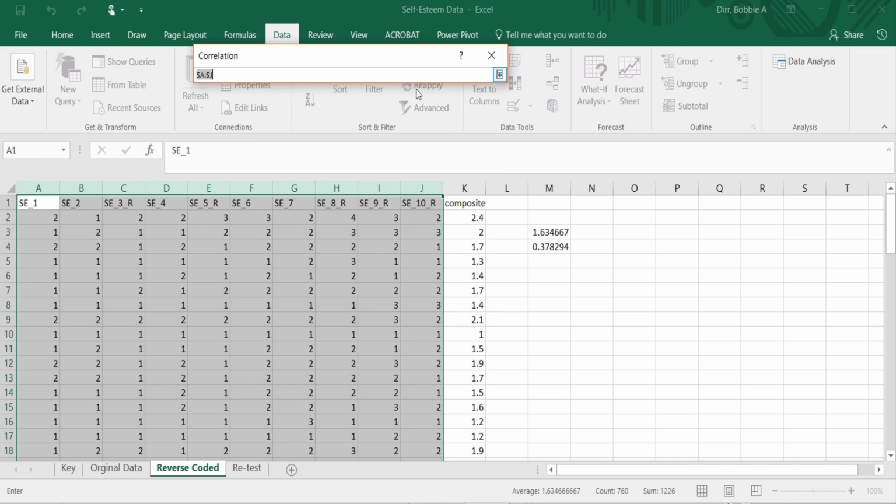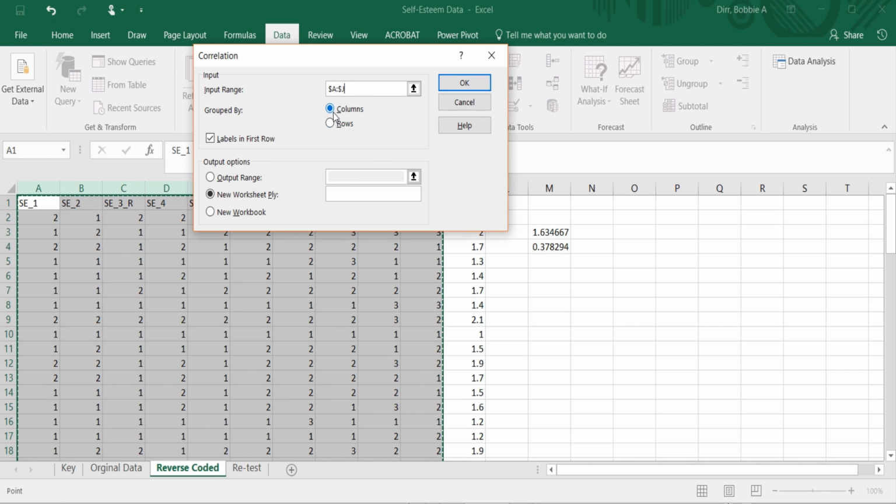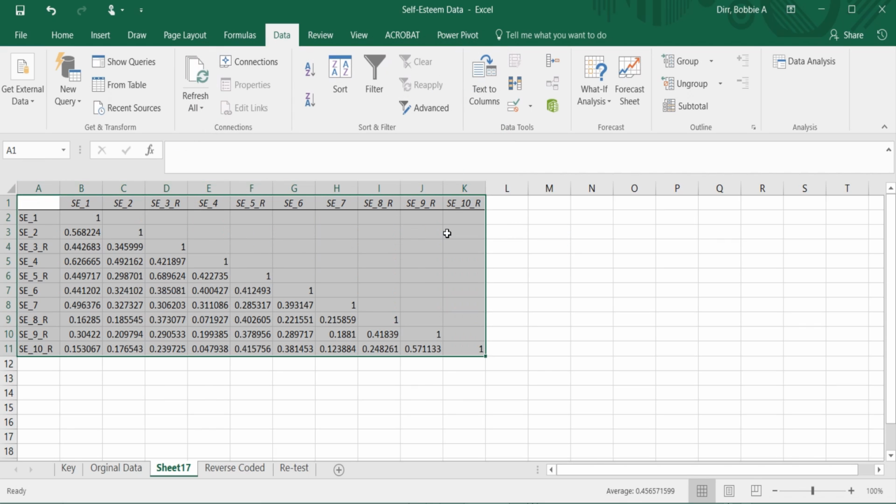And then I'm going to press here, and then I'm going to highlight all my items but not the composite score, so only your items, the individual items. Then go back over here, press that. Group by columns is fine. Make sure you have labels in first row because we have names for each item. And then I'm going to keep it in a new worksheet, and I would advise you to do that as well. It'll keep things easier for us. And press OK. Then wait a little bit, and voila, we have our